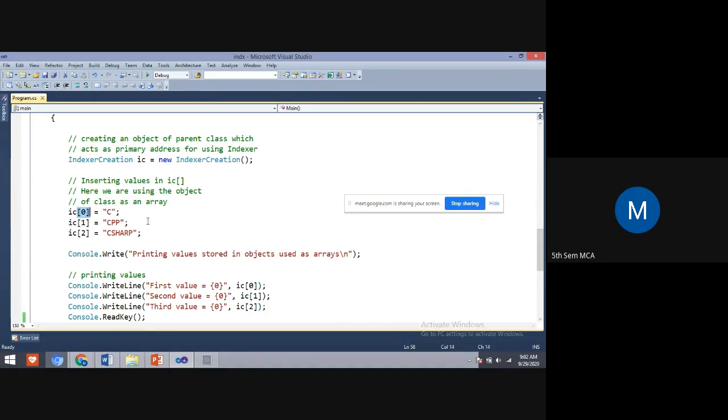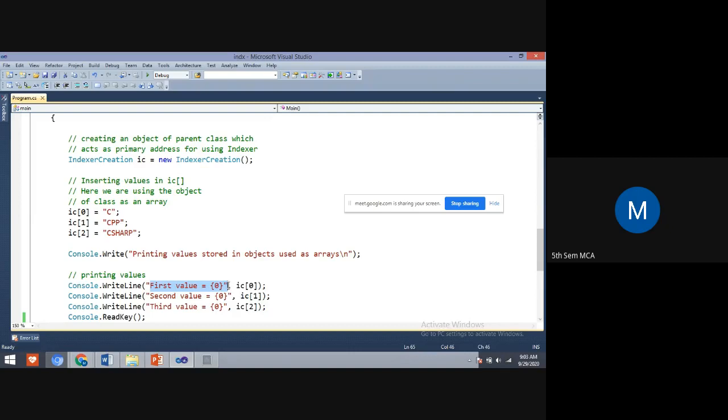Here to pass the value. Yes, students, with the help of this object only we are going to display the output. Correct, no, students? In previous programs also we have seen. Till now, we were just displaying like this: object dot name. If I give object dot name, then it was displaying the object. Now, with the help of this indexer, we are displaying.